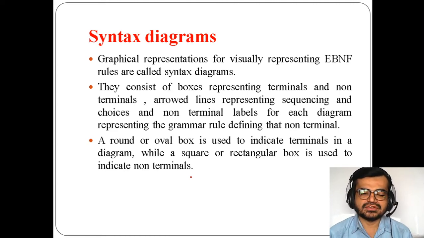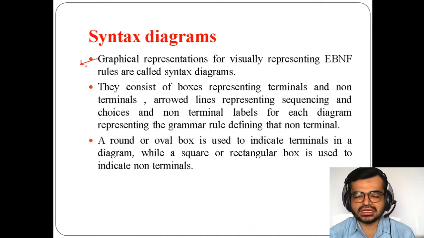That is the role of the syntax diagram here. The syntax diagram is the graphical representation of EBNF, that is, the rules you have adopted in EBNF. Using the grammar you have taken, you represent it graphically, and that representation itself is your syntax diagram.